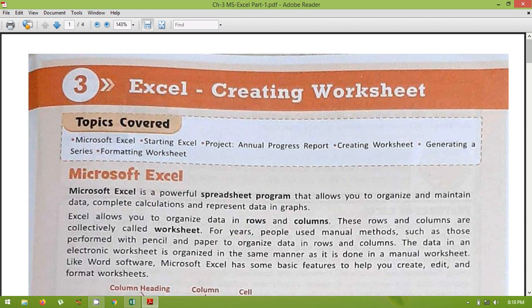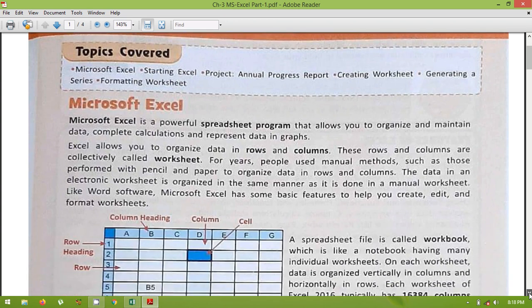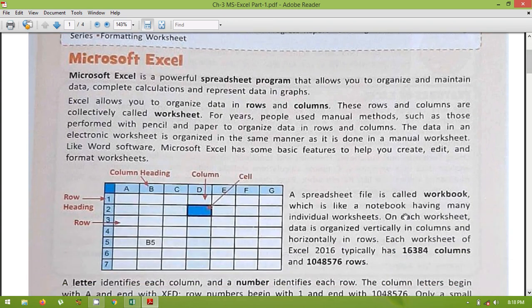But this software itself is in the form of rows and columns only, so you can directly represent your data in a very organized manner, and this is very helpful to present your data and for performing calculations as well. Here is one picture which represents what your MS Excel worksheet looks like.